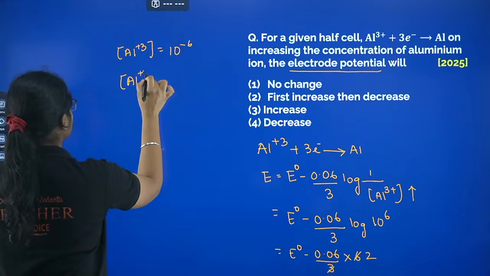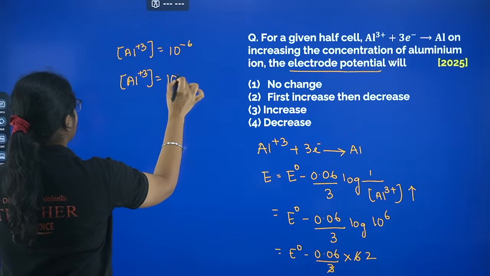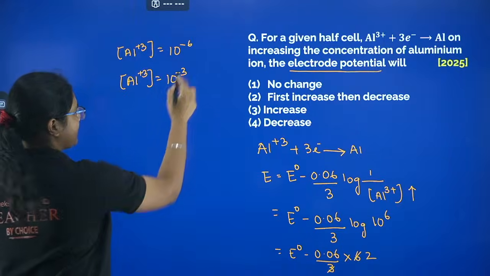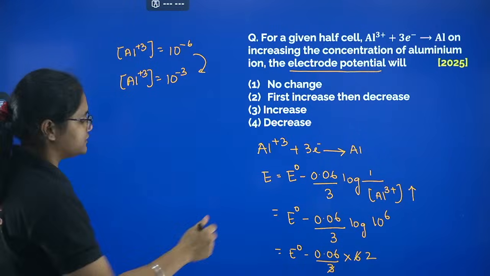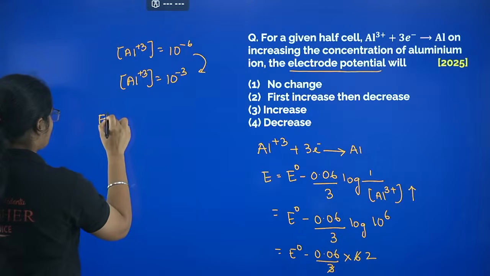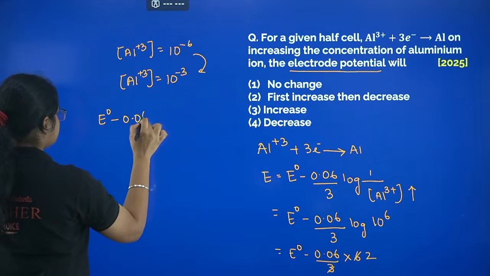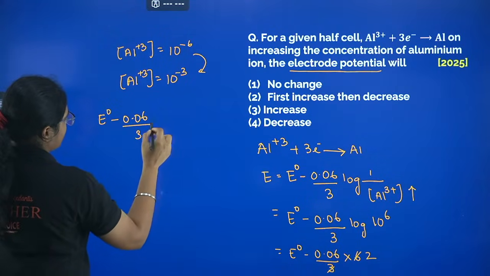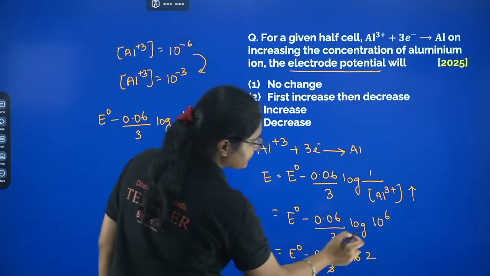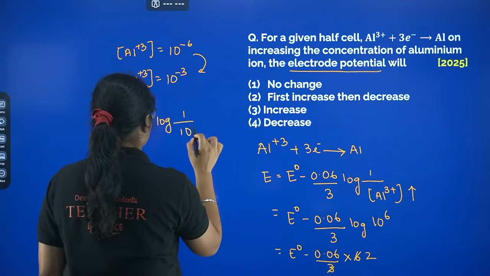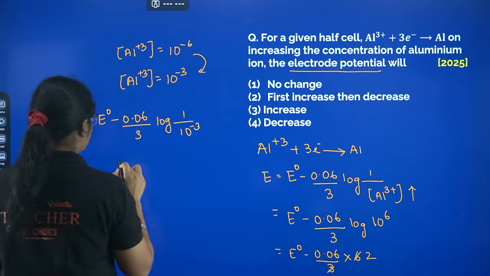Suppose aluminium 3 plus concentration is 10 to the power of minus 3. Okay, so you have increased the concentration. Okay, that is what the question is saying. If you increase the concentration, so here we have E naught minus 0.06 by n. So n is 3, log of 1 by, what is the aluminium 3 plus concentration? 10 to the power of minus 3 now. This goes up. You will get